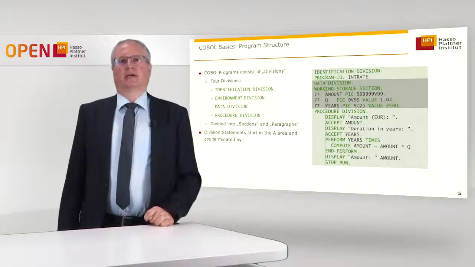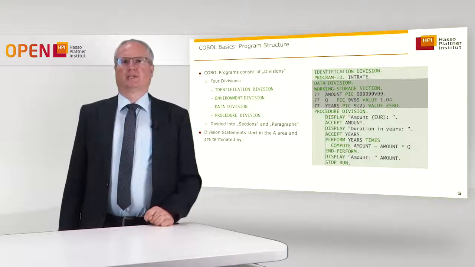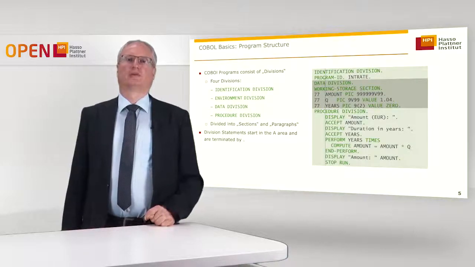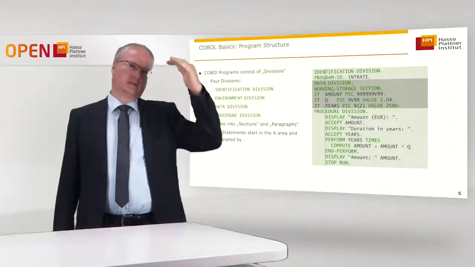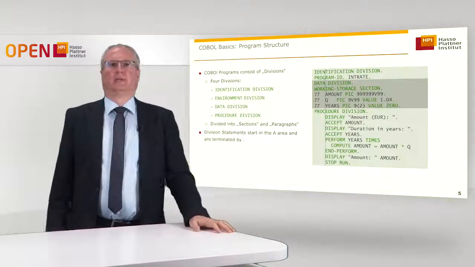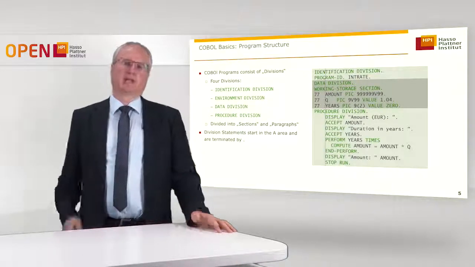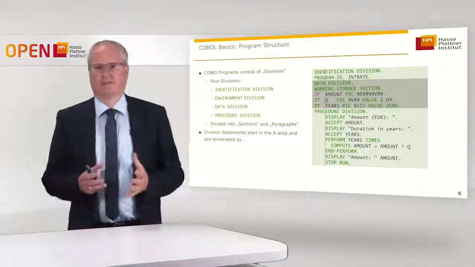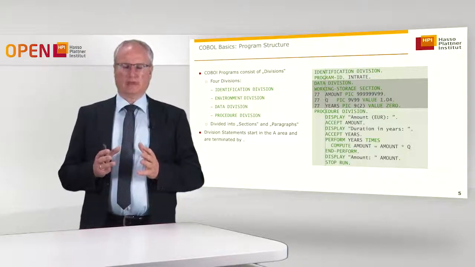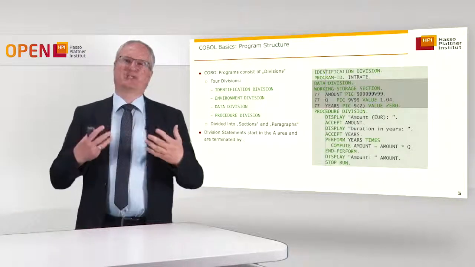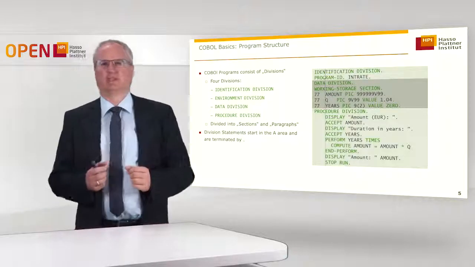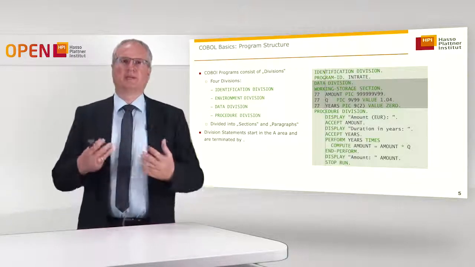On the other side, the COBOL source code is organized into divisions. So now we look at the flow, at the syntax of COBOL. The COBOL code is organized in a maximum of 4 divisions. The general idea of COBOL syntax is to have it look like the English language. That was also the intention of the inventors of the language, because they wanted to make it readable for business people.